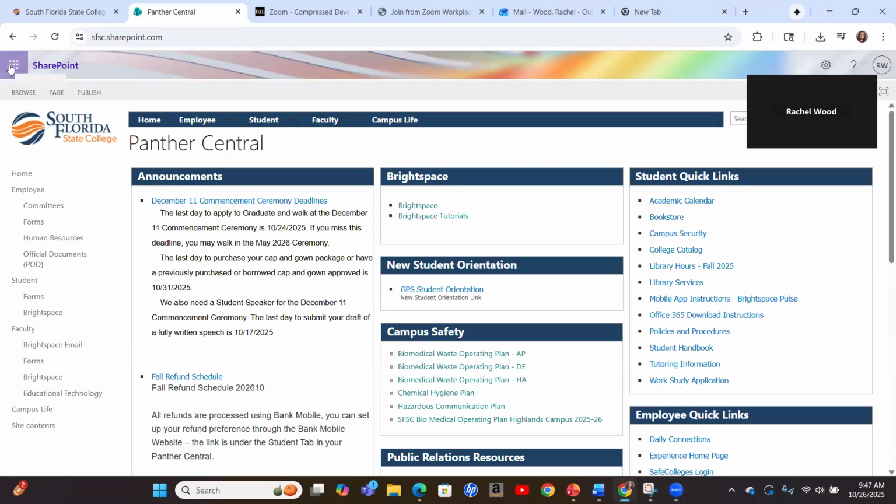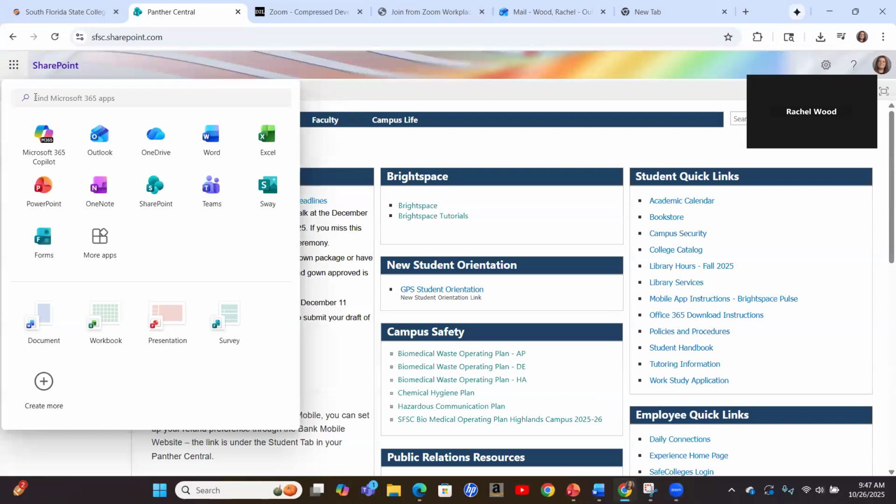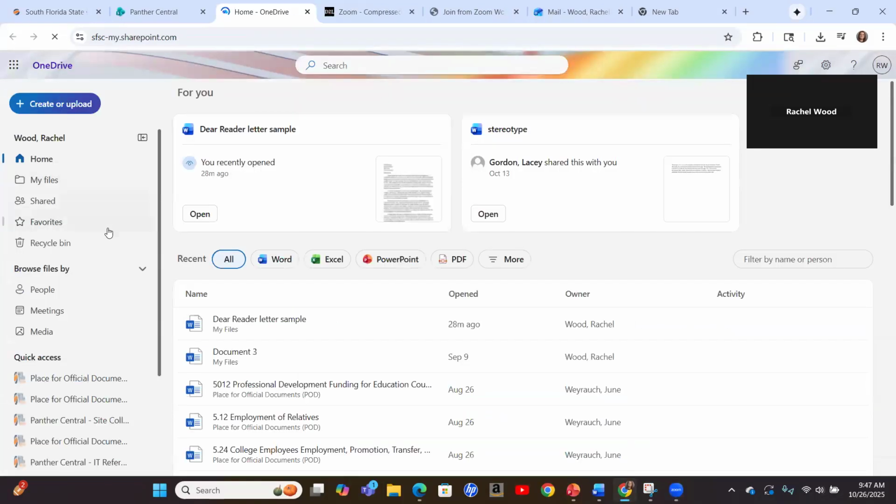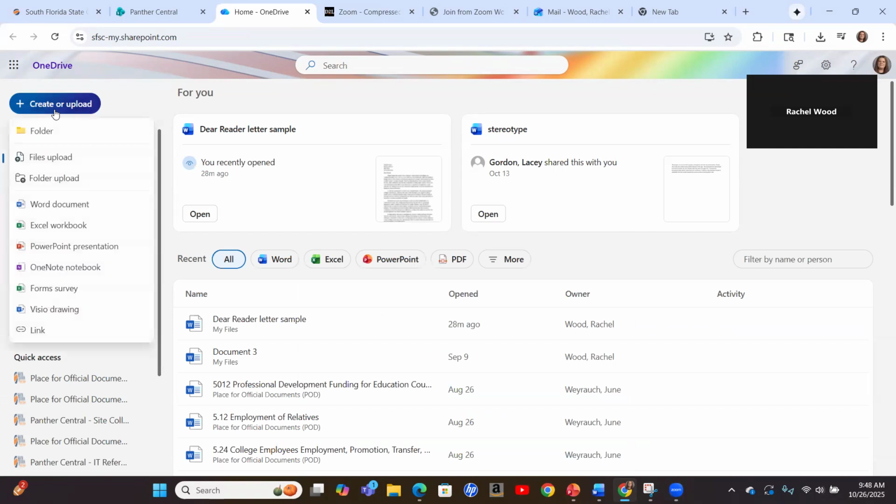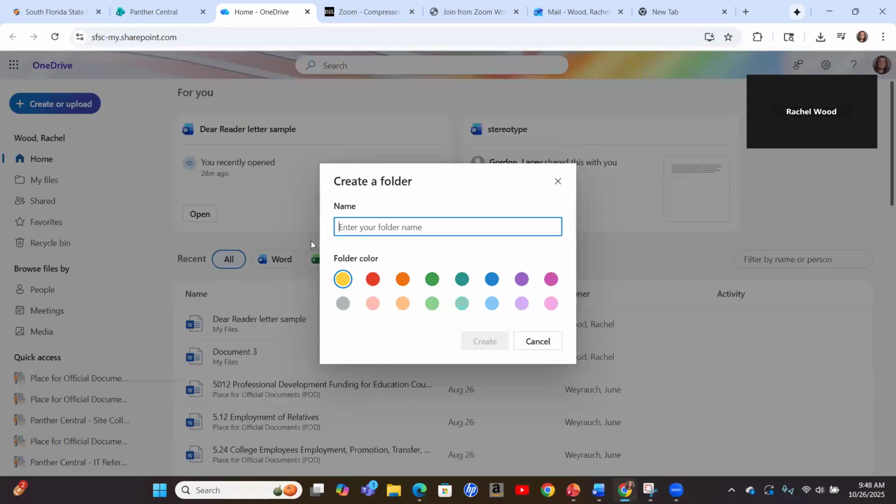I'm going to go up here to the Rubik's Cube and SharePoint, and I'm going to go to OneDrive. So the first thing I'm going to do with this is create a folder. So I'm going to enter my folder name. So I'm going to title this folder